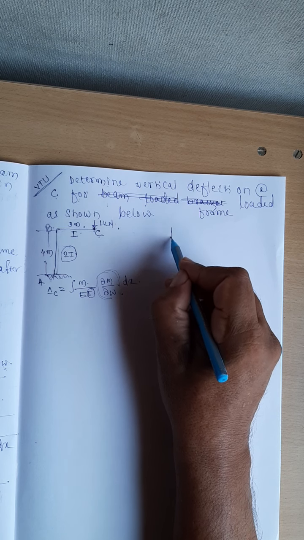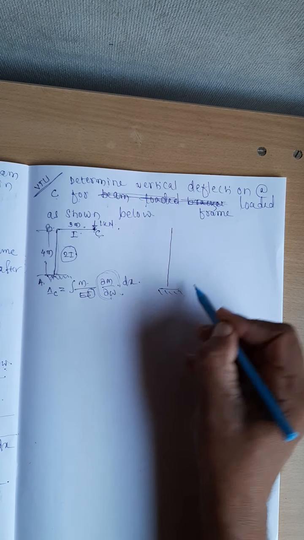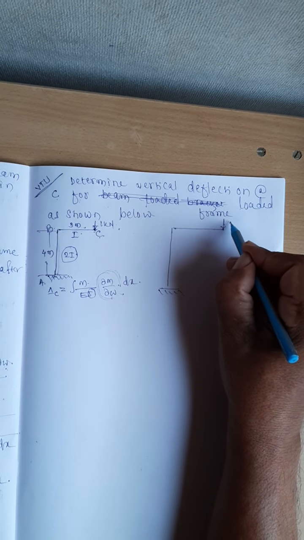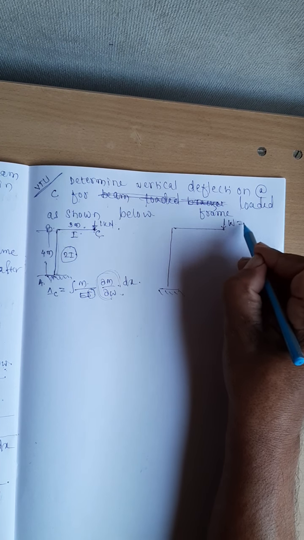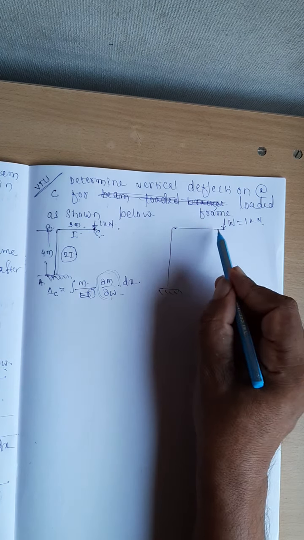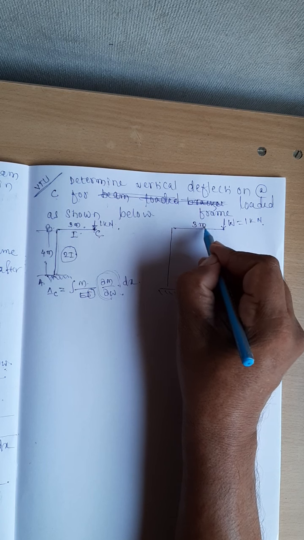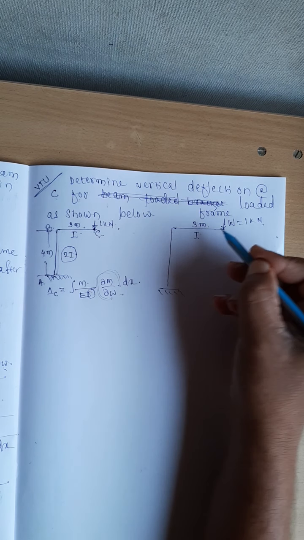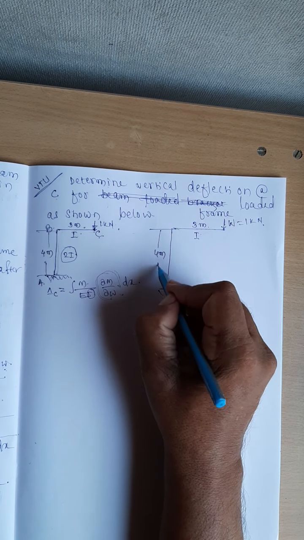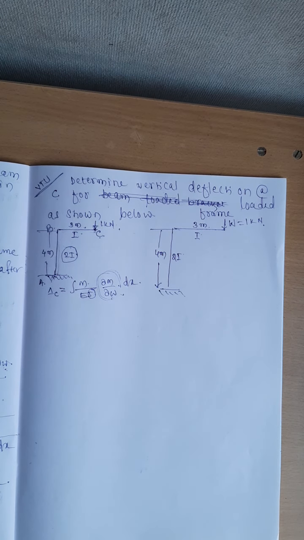Therefore, how will my final problem appear? It will appear like this. Yes friends, this type of problem is also from the VTU exam question paper. This type of bracket is repeatedly asked. That is why you need to focus more on this particular problem. Only you must be perfect in writing the equation for the bending moment. The rest of the thing is very simple.